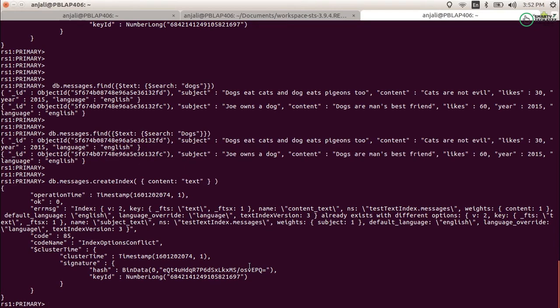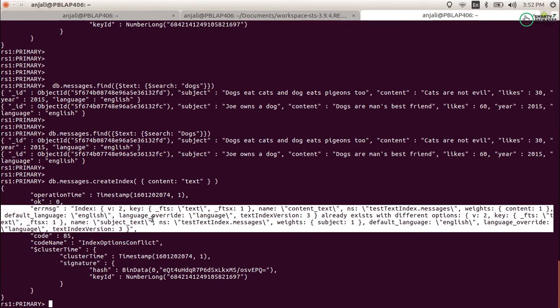If you want to see the working of the default language override, or you want to know what if you have a language other than English and how you will provide the default language for that, and if you don't have the default language, what language you want to provide, that whole thing we will see in the next part. That is something very different from the current scenario.